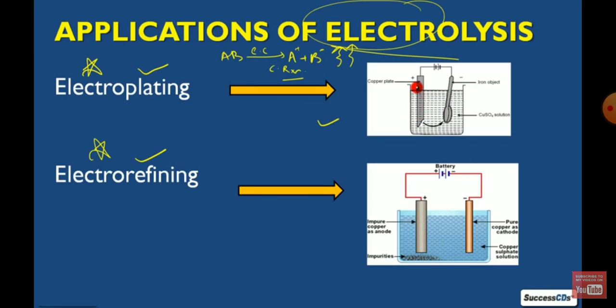So what will happen here? Again I am telling you that when the current passes through the salt solution, the metals start depositing on the cathode. What is the cathode here? Cathode is the spoon. On the spoon there is cathode, okay. And on the other hand, from the